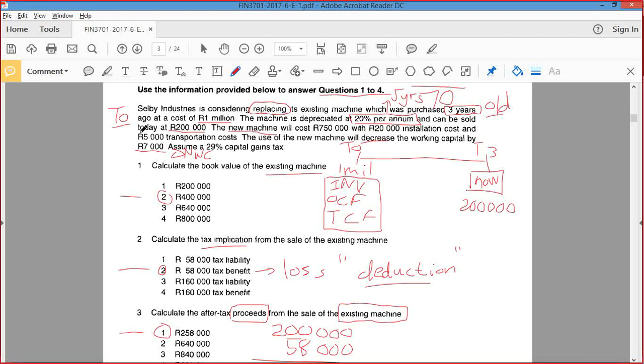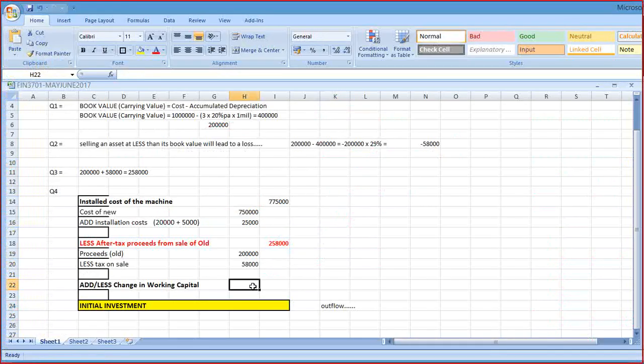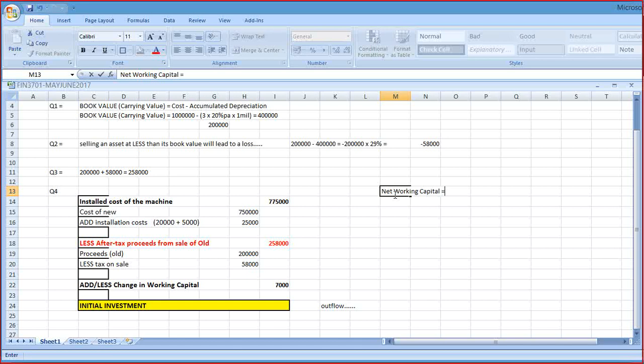It's an outflow. Correct. Okay, so if it's an outflow, we're then going to include that here as an addition, not a subtraction. Does that make sense? Yeah, because just for me to get the theory around it right, those could be anything like an increase in inventory. So the decrease in working capital could essentially be that because this new machine needs more inventory, you're spending 7,000 Rand more on inventory, and that's why your cash flow will be